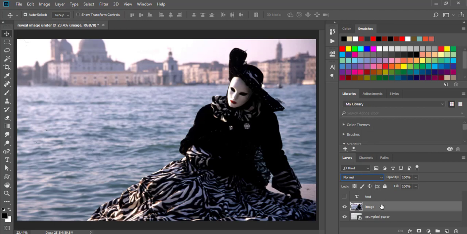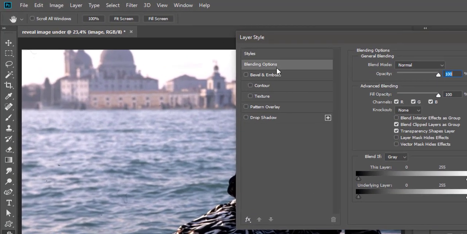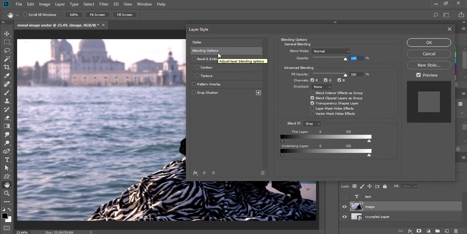The third technique which I want to present is using advanced blending, the blend if sliders in the layer style dialog. Select above layer, then open layer style dialog by double clicking on the right side of layer. In the layer style dialog, ensure that you see options from blending options tab. At the bottom you will see blend if drop down and 2 rectangles filled with black to white gradients and sliders on each side.